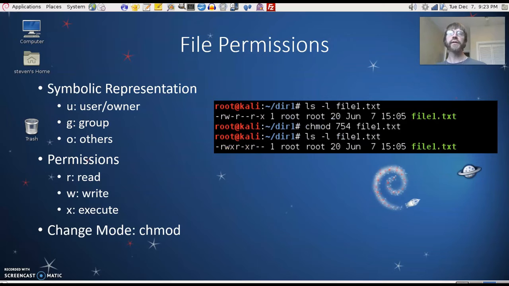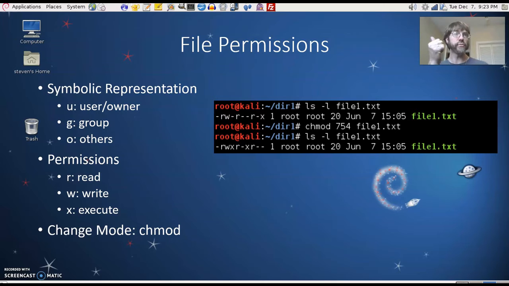The mode block is this thing you see, these characters at the beginning of every file readout in a long listing. You'll see user owner permissions, group permissions, other permissions. And those fall into 3 categories: read, write, and execute. That first column will show you whether it's a link, a directory, a block file, a character file. If you see B or C, it is a device, either block or character. If you see D or L, it's